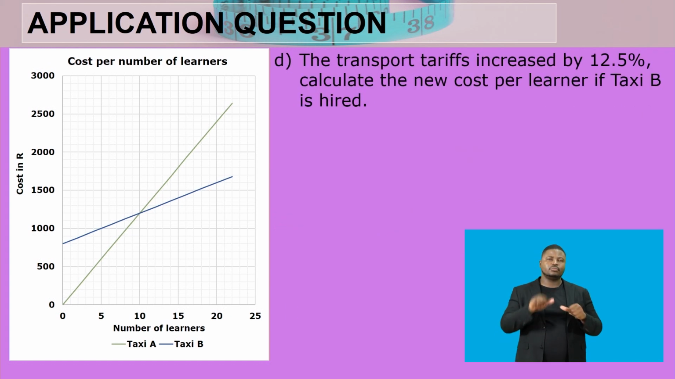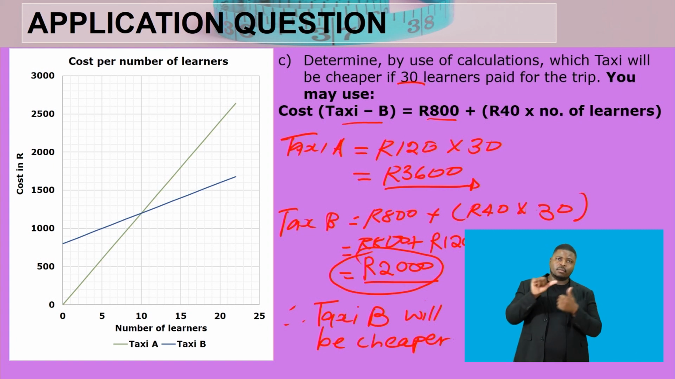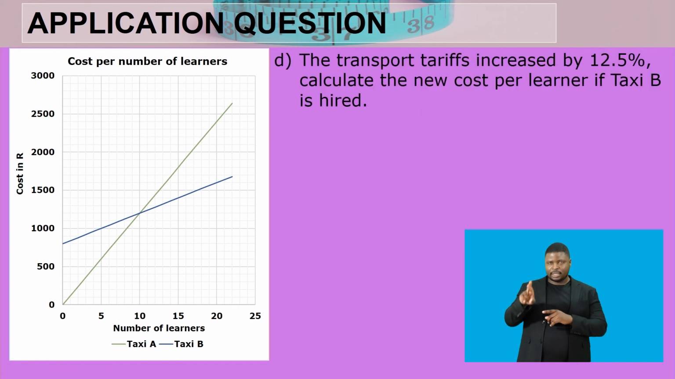Okay, then we move on to question D. D says the transport tariff increased by 12.5%. Calculate the new cost per learner if taxi B is hired. When we go back to our formula, we can realize that the cost per learner is 40 rand. Remember, the 800 is a fixed cost. It's not a cost per learner. So when we calculate the cost per learner for taxi B, which is that 40 rand given, it has increased by